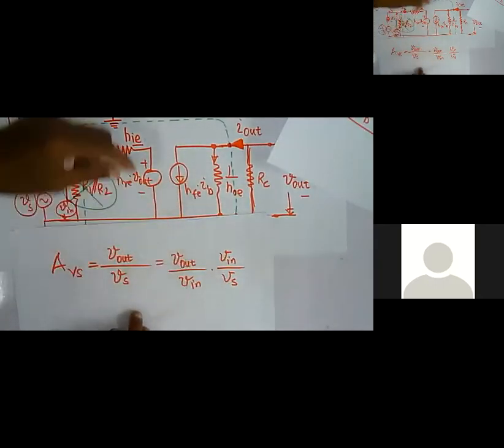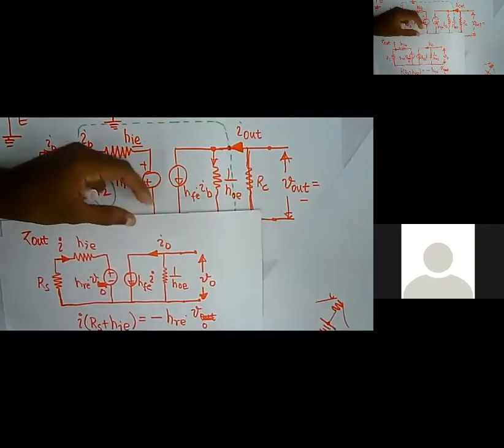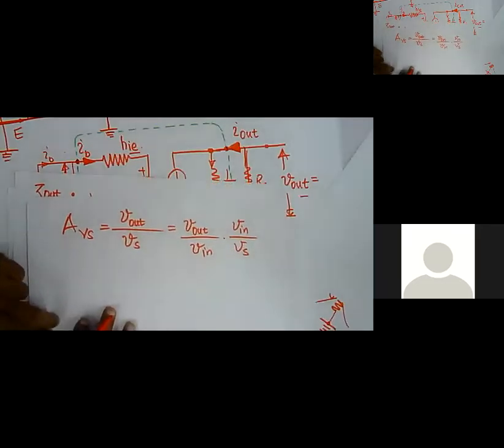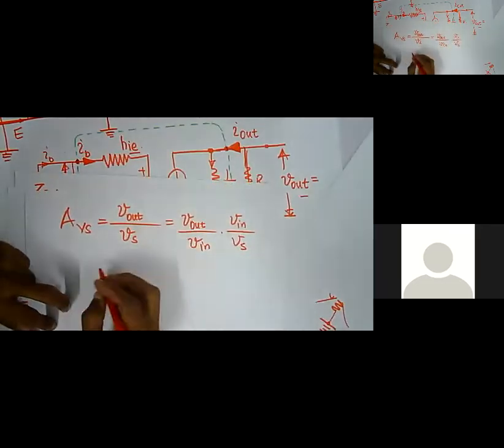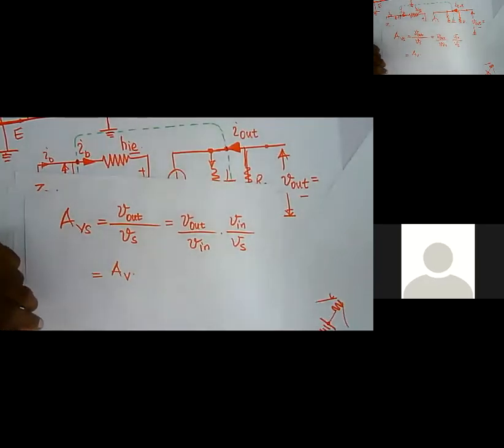So V out by V in we have already calculated, right? What is that? Your voltage gain, right? So what is that? Yeah, this one, right? AV equals AI by Z in into RC, right? So here V out by V in, which is my AV, so I can write it as AV into